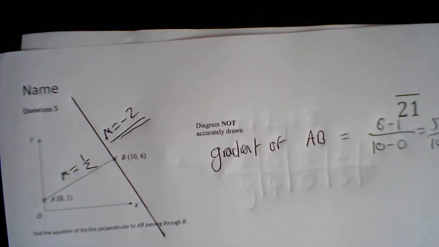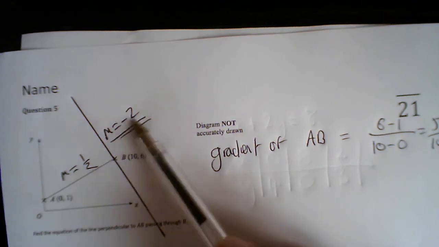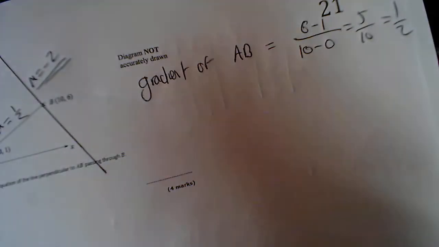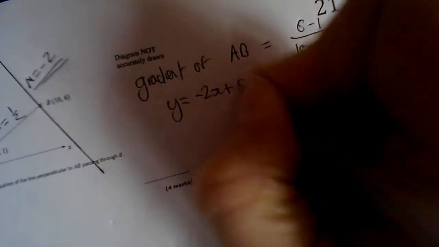And I know that is going to have a gradient of negative 2. How do I know that? Well, the gradients of perpendicular lines are negative reciprocals. They would multiply together to make negative 1. So let's use the form y equals mx plus c, y equals negative 2x plus c,